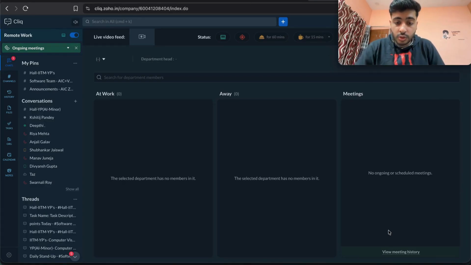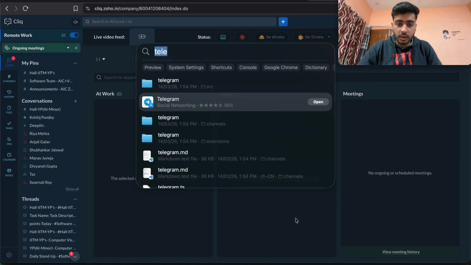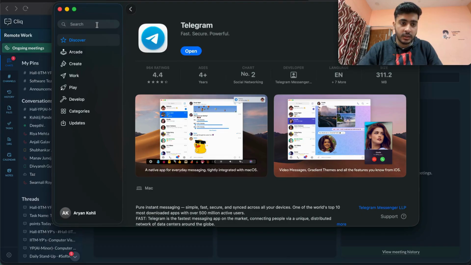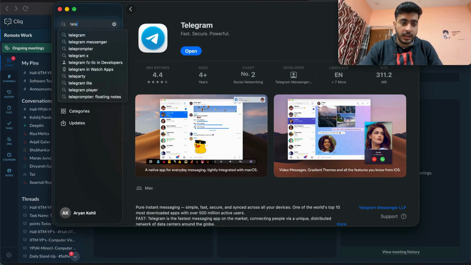Hello everyone. So today in this tutorial we are going to install OpenClaw on our machine. In order to install OpenClaw, we first have to download Telegram. I have already downloaded Telegram, but if you do not have Telegram, you have to go to the App Store and then search Telegram